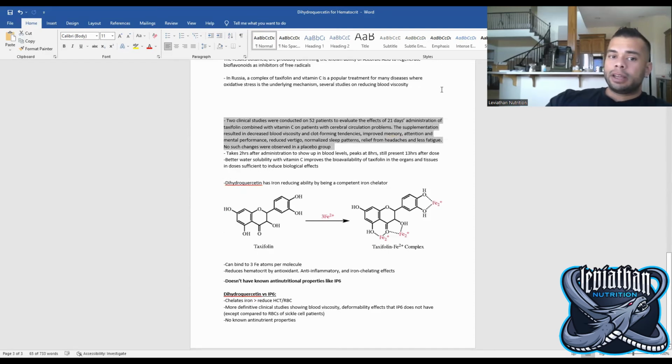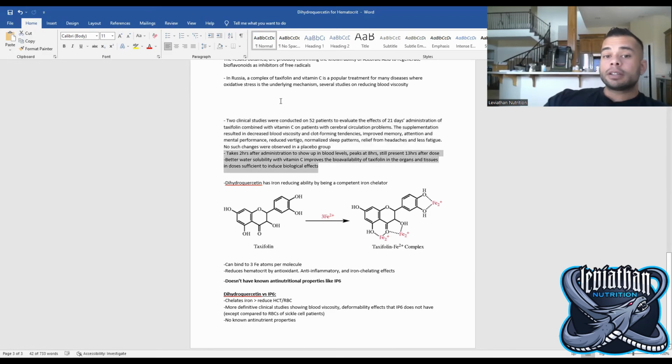And just getting more into some details from studies that I've seen, 2 clinical studies conducted on 52 patients to evaluate the effects of 21 days' worth of administration of taxifolin combined with vitamin C on patients with cerebral circulation problems. The supplementation resulted in decreased blood viscosity, decreased clot forming tendencies, improved memory, attention, mental performance, reduced vertigo, normalized sleep patterns, relief from headaches, and less fatigue, which are also all common side effects that you see from